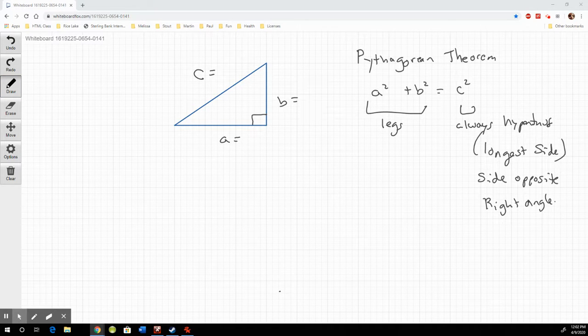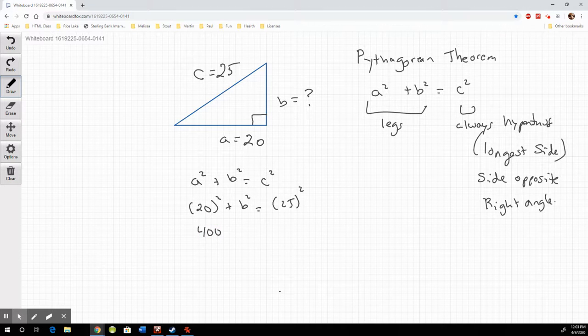Working out another problem, I have sides of 20, unknown, and then 25 for my hypotenuse. So once again, my formula is a squared plus b squared equals c squared, and a is 20, b I don't know, and c is 25 squared. So 20 times 20 is 400, and I don't know b squared, so I'll just write that down. And 25 times 25